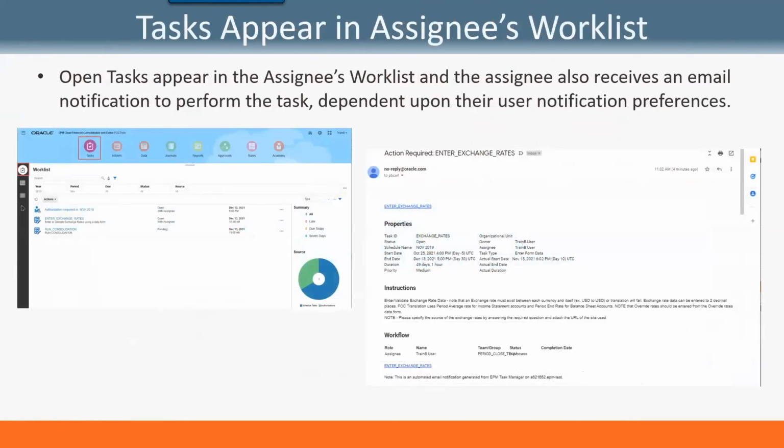Excuse me. And I showed you this slide before. Open tasks will appear in the assignee's work list, but the assignee will also receive an email, and they will receive that email at whatever frequency they defined in their preferences. Now, over on the left-hand side, you'll notice you actually see two tasks, but then you see something called